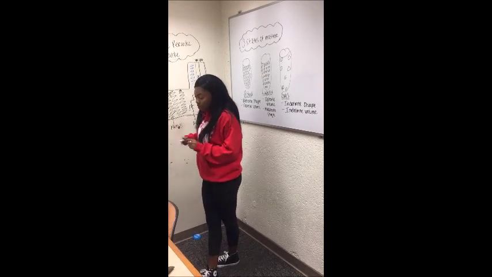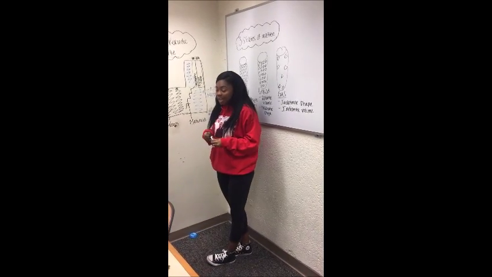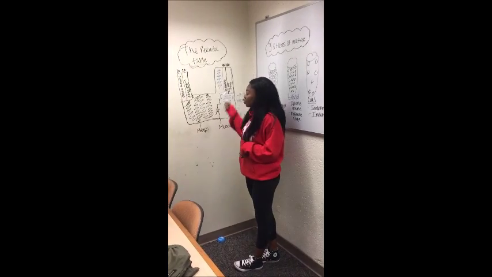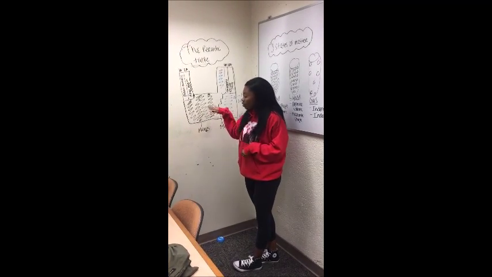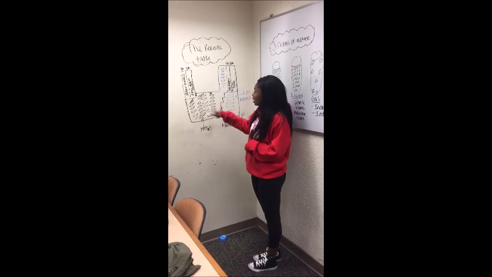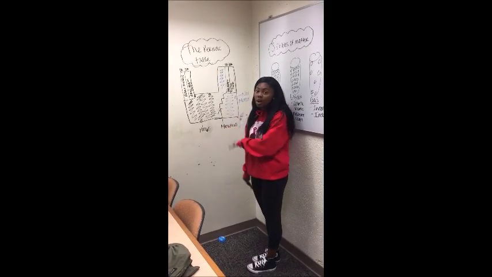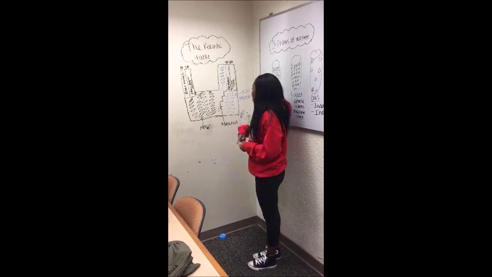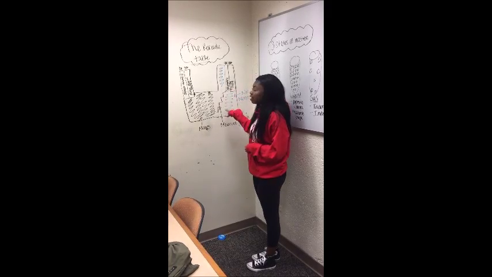The periodic table was created by Dmitri Mendeleev. It is separated into periods and groups. Periods are the horizontal rows and the groups are the vertical columns. Here, indicated in black, are going to be the metals. They're on the left side of the periodic table, and the zigzag line on either side are going to be